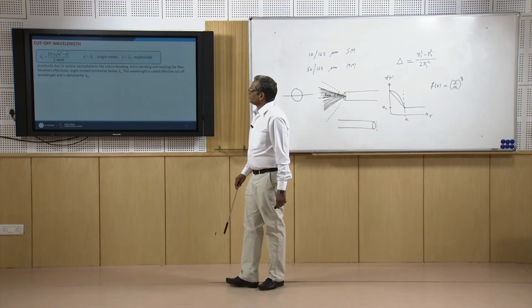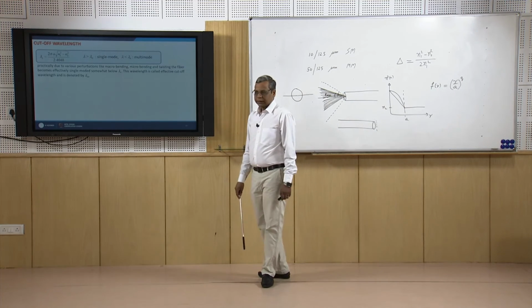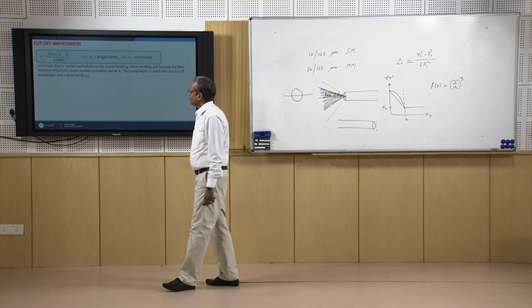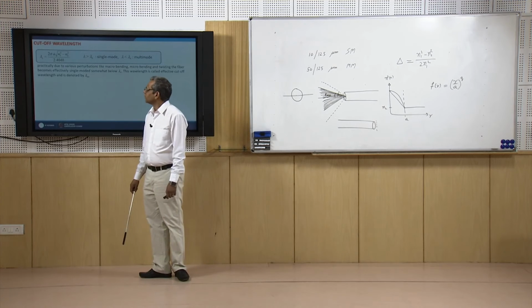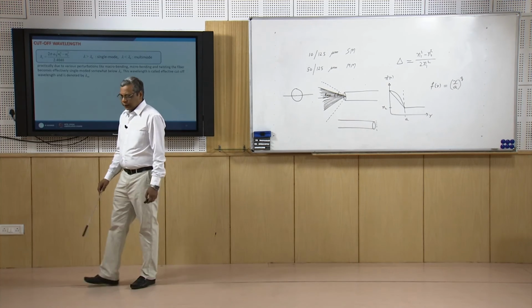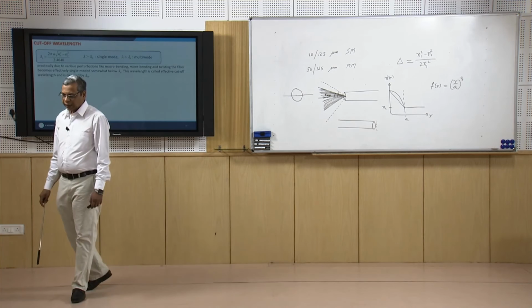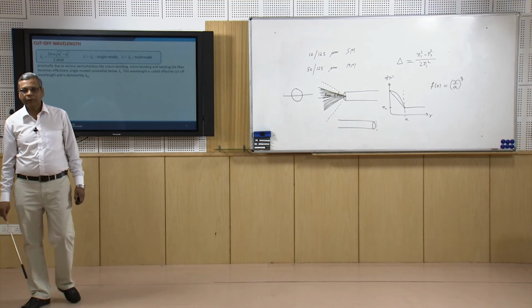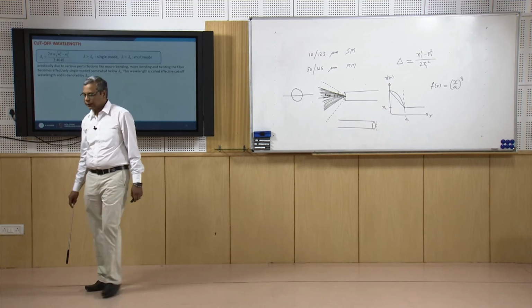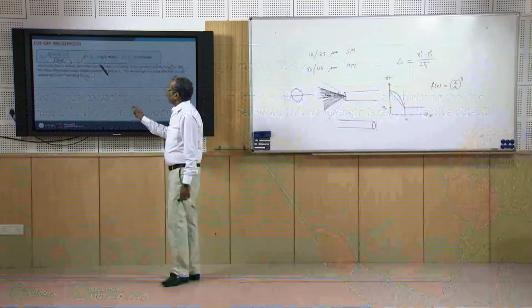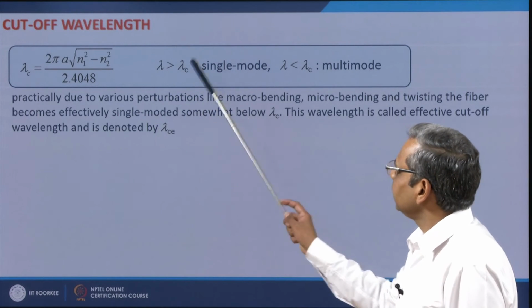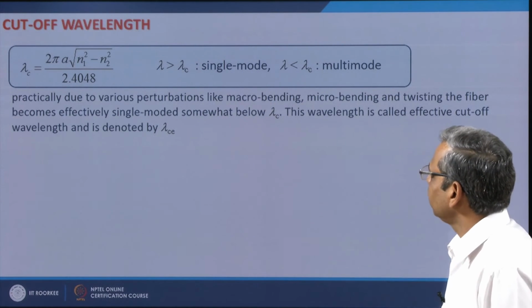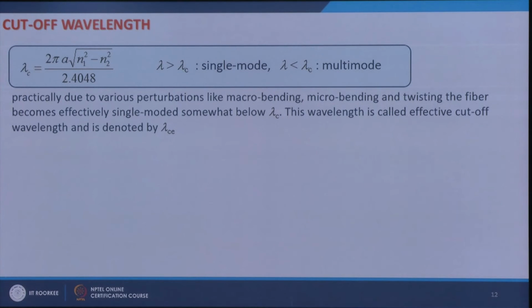The last parameter that I would like to discuss here is the measurement of cutoff wavelength. I know what cutoff wavelength of a fiber is. It is basically the wavelength at which LP11 mode is cut off. That is, if lambda c is the cutoff wavelength, then for all the wavelengths longer than lambda c, the fiber is single moded, while for all the wavelengths smaller than lambda c, the fiber is multimoded.